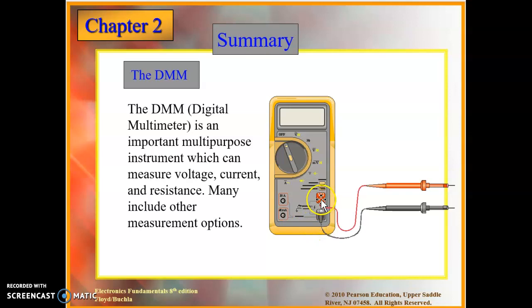So you will move these two over here, and then you will move the knob to current, which would be right here. You see the A, that stands for amperes, and then we have the straight bar on top, so that stands for DC current. Okay,